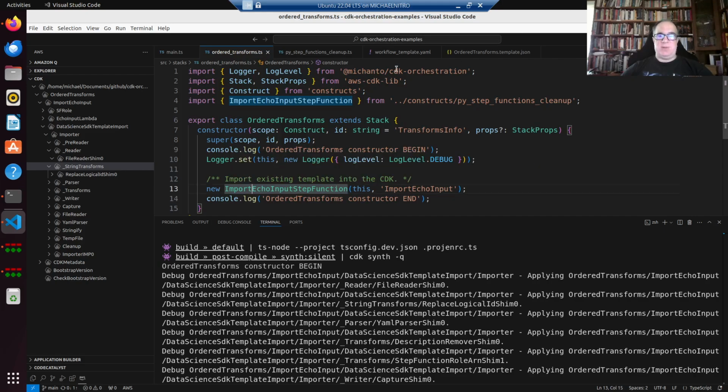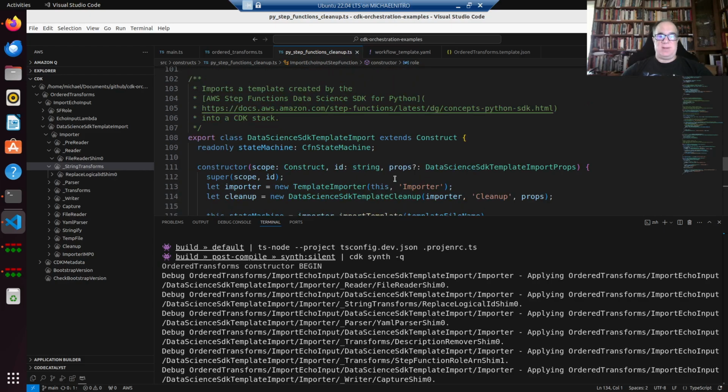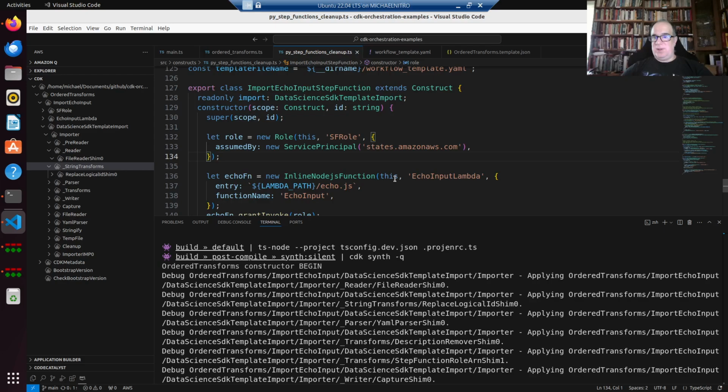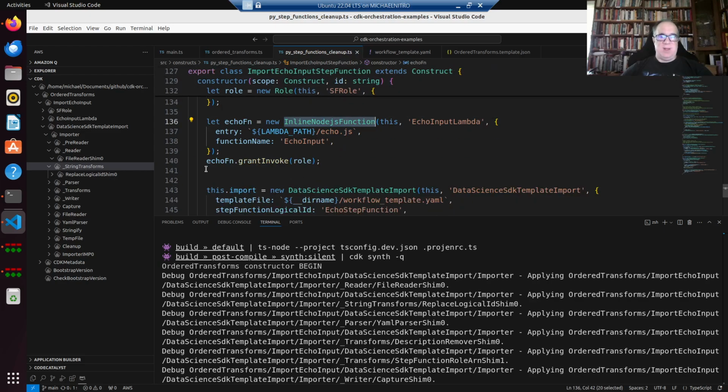which is a step function here in this workflow template. Okay, so here you can see, here is my ordered transforms stack, and then it has import echo input, and that is this construct right here. If I come over here and we look at this, I want to go to the bottom of this, you'll see that this construct creates a role. So this is our step functions role, and then it creates a function, and that role can call this function,